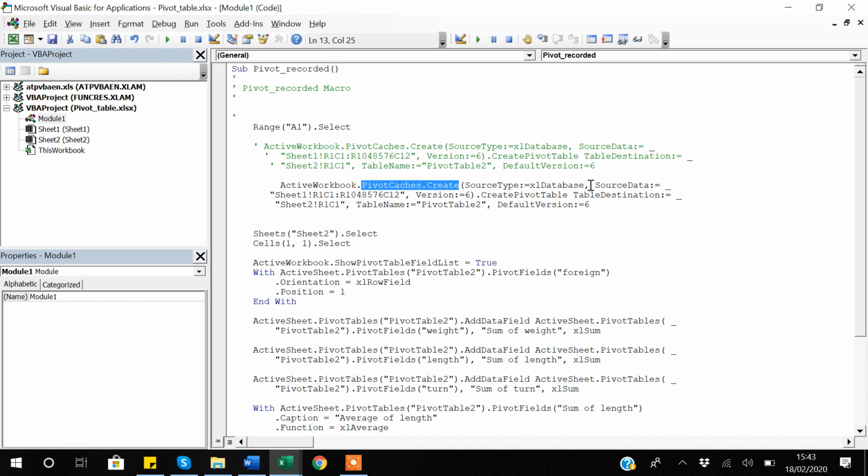And then it's saying that the source type is actually coming from the Excel database, because we have selected the data from our Excel sheet. And then what we have here is the source data. So you can select this thing, so you can change that thing to be more readable. So what I will be doing is that instead of this, I will say dot range, and then I will say start from